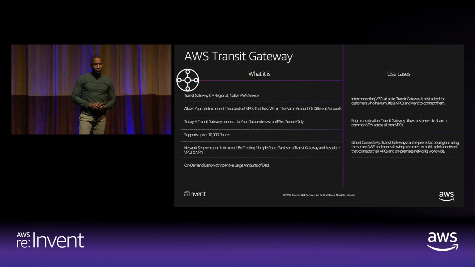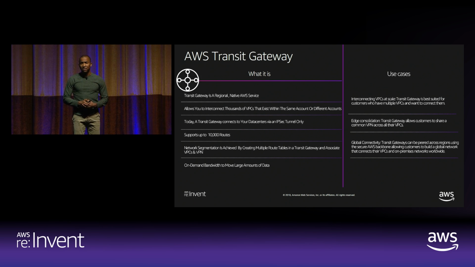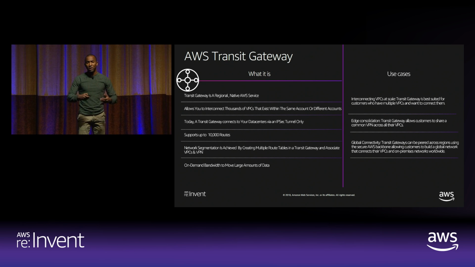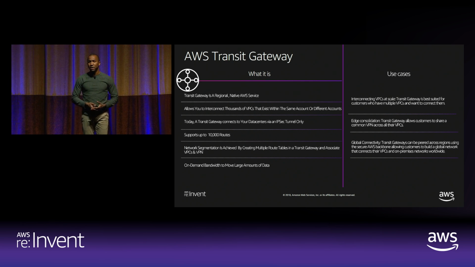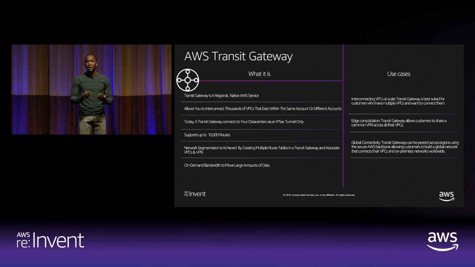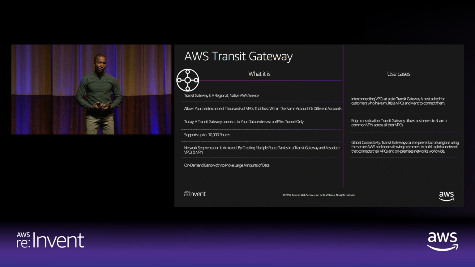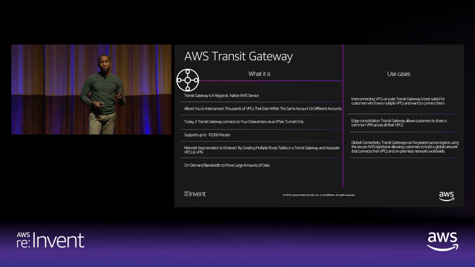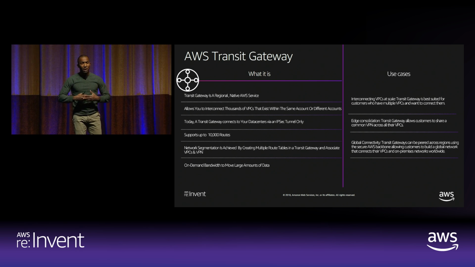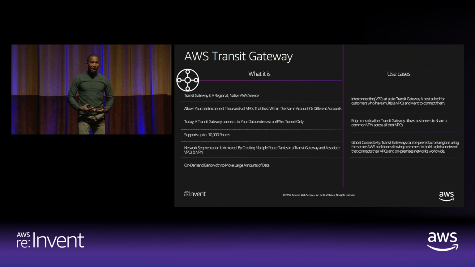So what are some of the use cases? Well, the very first use case is, I have all these VPCs. I really want them to talk, but I also want them to have the ability to route back on premises and allow my users on premises to interact with resources that exist within these VPCs. So the first use case is really using this Transit Gateway as a central layer 3 hub. So you build a hub and spoke network within a Transit Gateway. Basically, you've defined a single route table, and within that route table, you've associated all your VPCs and the IPsec tunnels that give you access to resources outside of your AWS environment.